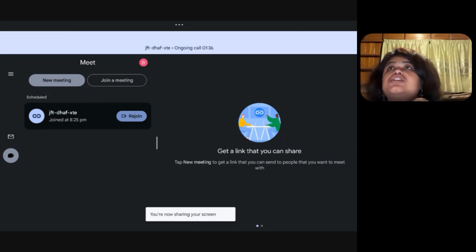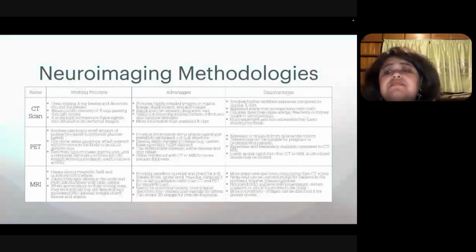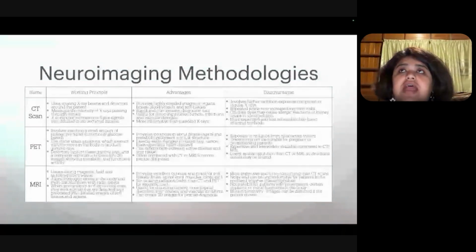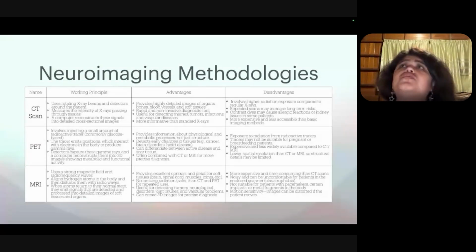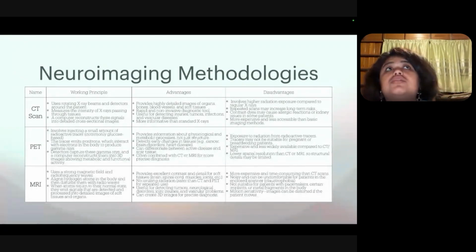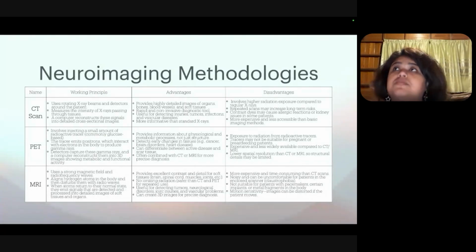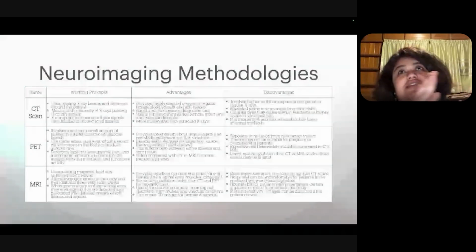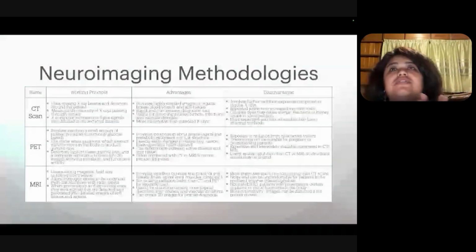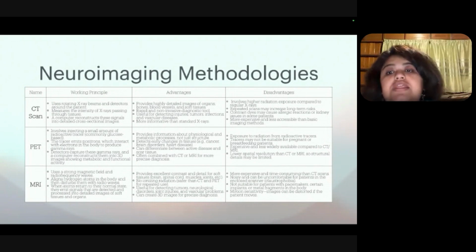Another thing is, I mentioned the dye, right, the contrast. And in many cases the contrast dyes are not suitable for the patients. They get allergic to the dye, they can also have kidney issues, and also it is not good for pregnant women or women who are breastfeeding. Other than that, even though CT scan is very good, and obviously it is considered to be a medical wonder because it helped doctors diagnose so many things, it did have its own disadvantages.